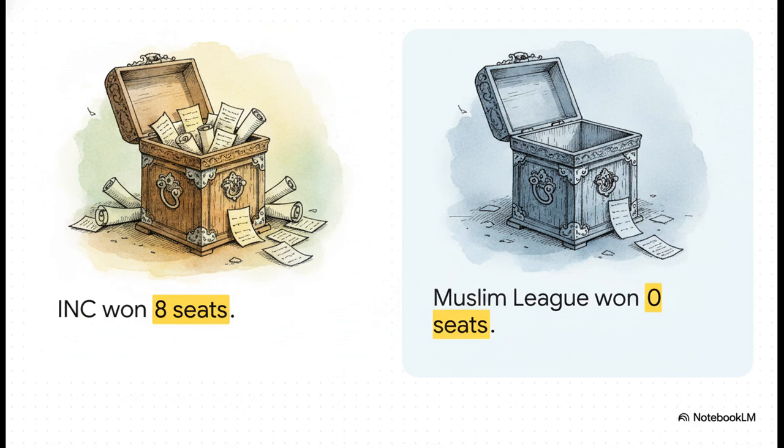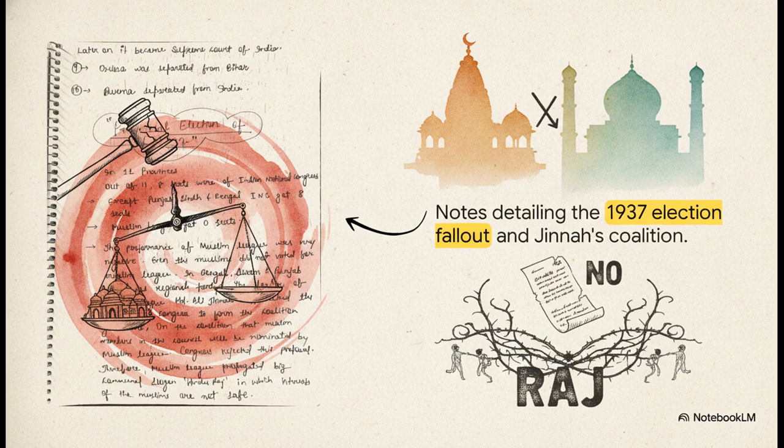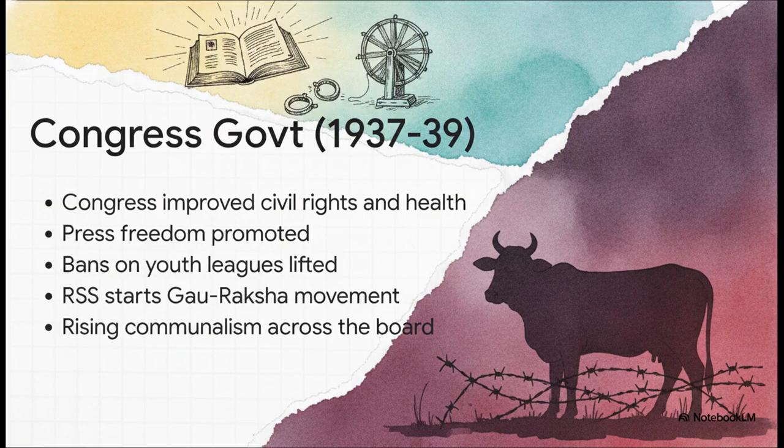As you can imagine, this prompted a massive strategic recalculation for them. Muhammad Ali Jinnah actually approached Congress leaders to form a coalition, but on the condition that Muslim members in the council would be nominated by the League, while Congress refused. So when Congress rejected Jinnah's proposal, the Muslim League retaliated by heavily propagating the Hindu Raj slogan. Objectively, this marked a severe escalation in communal friction. The League launched a major campaign claiming that under this supposed Hindu Raj, the interests of Muslims were simply not safe. Now, while Congress was focusing on social welfare and civil rights, communalism was simultaneously deepening on the ground.